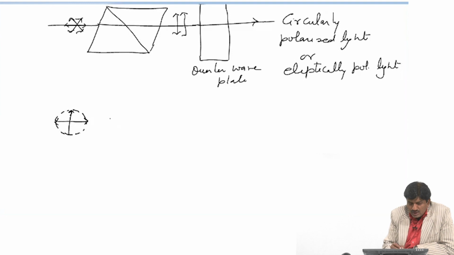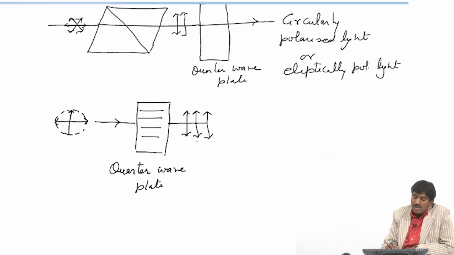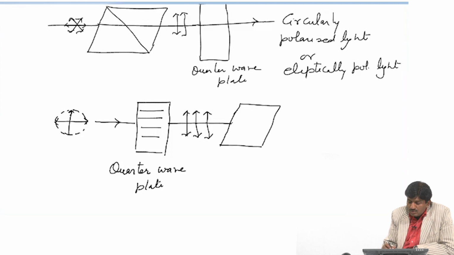and this circularly polarized light is passed through a quarter wave plate. It will be converted into plane polarized light. If a circularly polarized light passes through the quarter wave plate, it will be converted into plane polarized light, and then if we pass it into the Nicol prism,